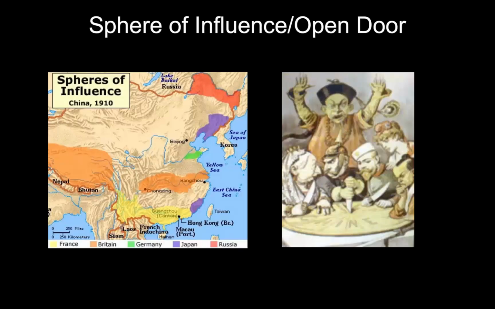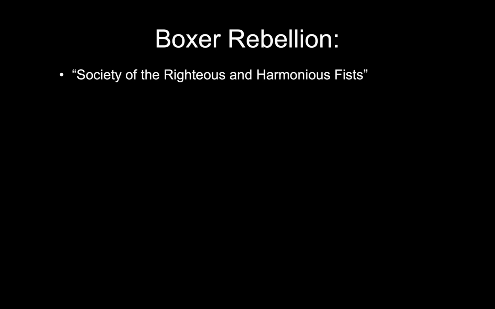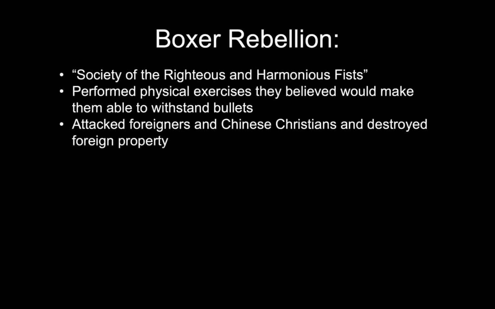And of course we can't talk about all this without talking about the Boxer Rebellion. This is a group of Chinese people that form a rebellious army to fight against the European colonization, well, let's say imperialization, although it's very colonial, in China. And so this is a religious group that they call themselves the Society of Righteous and Harmonious Fists. And they believe that they have magic that can stop European bullets, basically. And so they have these rituals that they do to try to stop it. It's kind of the last ditch attempt.